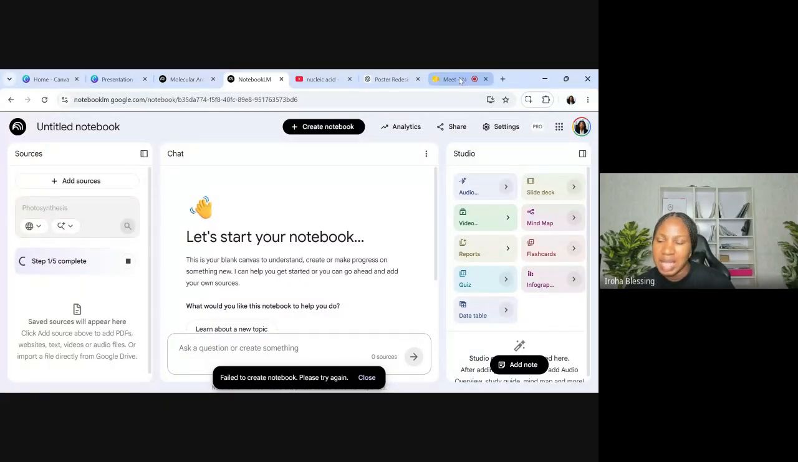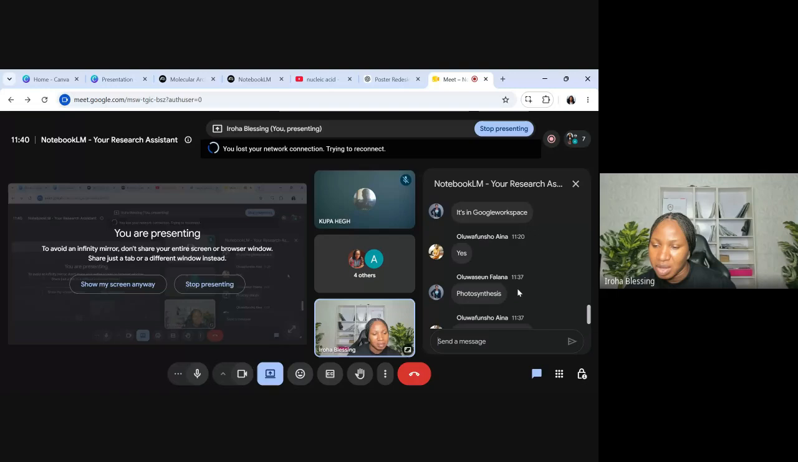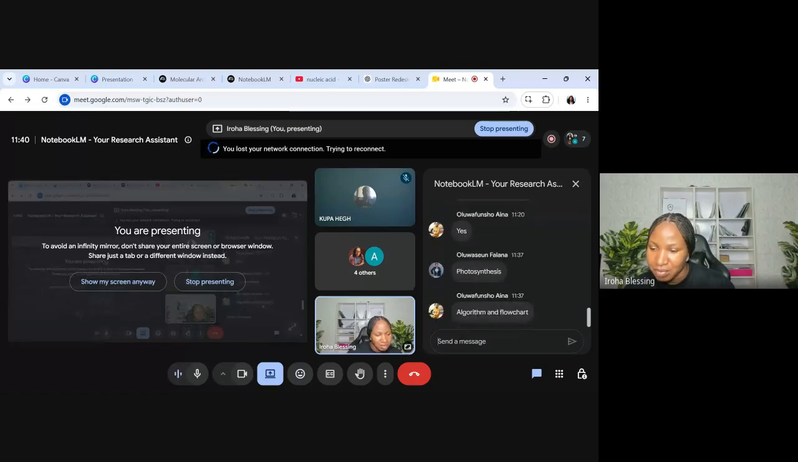While all of that is happening, do we have any question? Algorithm and flow chart, I like that topic. Well, we are working with photosynthesis already. So while that is ongoing,